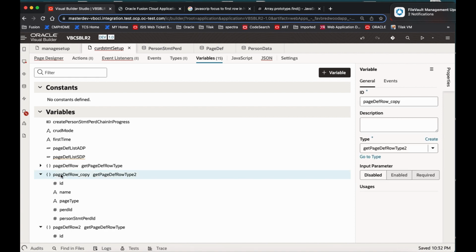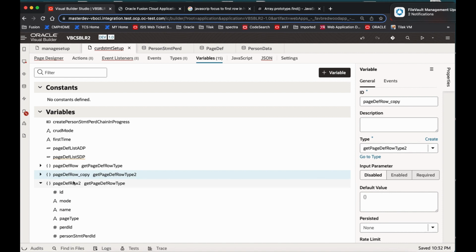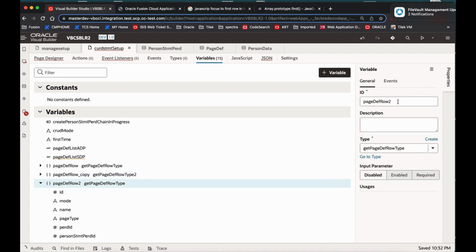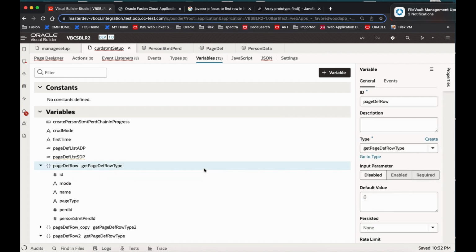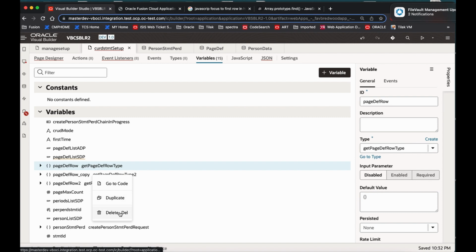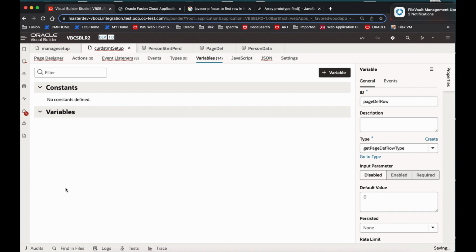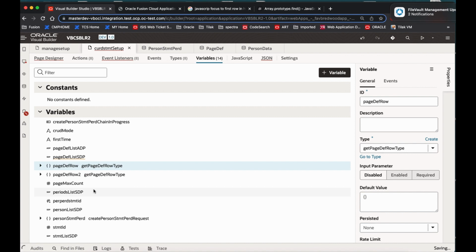I'm going here. No, I will change the wrong one. See, the whole thing is with 1. There are 2. This one I'm deleting. I'll move this copy. If I look at that, this doesn't have a